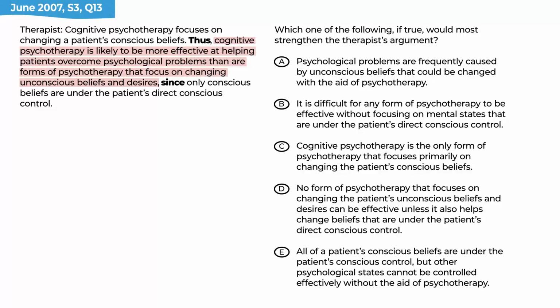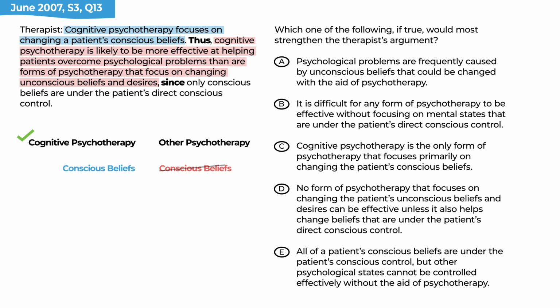If we come back and take a look at this conclusion again, essentially what we have is this comparison between cognitive psychotherapy and other forms of psychotherapy, and they give us some information. They tell us that cognitive psychotherapy is more effective, right? So it's the winner. And also that those other forms of psychotherapy that are being compared, those are the ones that are focusing on changing unconscious beliefs and desires. Now, we also get in the first sentence that cognitive psychotherapy focuses on changing a patient's conscious beliefs. So there's the contrast between cognitive psychotherapy and other types of psychotherapy, whether or not we're focusing on changing a patient's conscious beliefs. And then in the last sentence, we get only conscious beliefs are under the patient's direct conscious